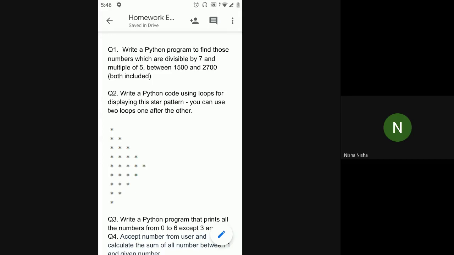7 and multiple of 5 between 1500 and 2700. So in this, I have to find if the current number is divisible by 7 and a multiple of 5. How do you check if a number is divisible by 7?